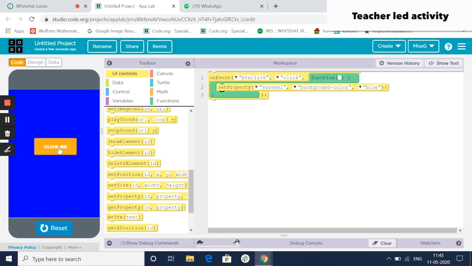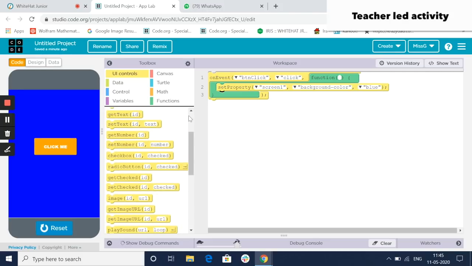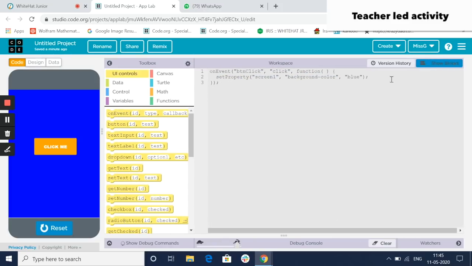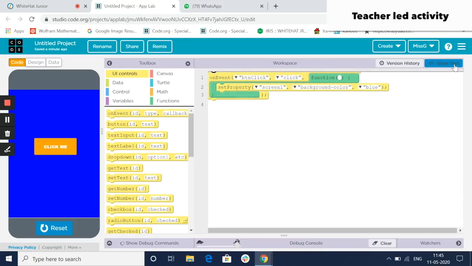We wrote 2 lines of code and we broke down and analyzed our code to understand how this English language or our purpose translated into a code language for the computer. We use block coding using blocks, and we also saw how the same thing could be done in text mode. Got it? So these are the things we achieved in class today. Is that right? Would you like to try this?